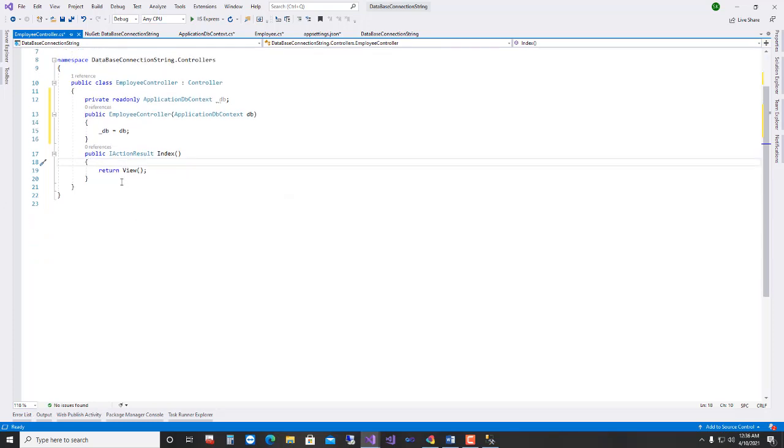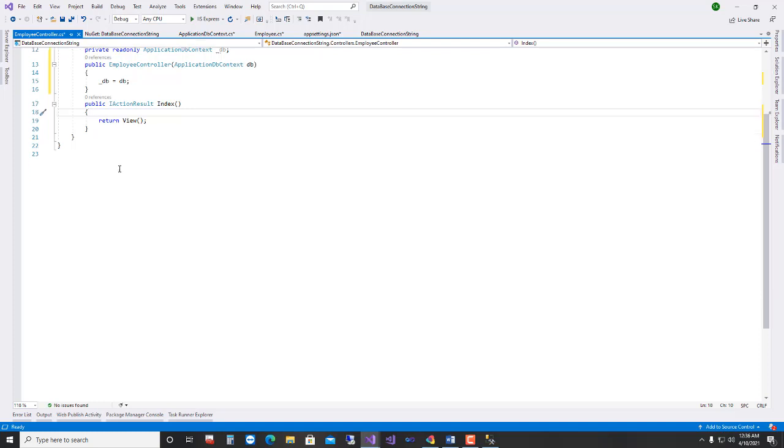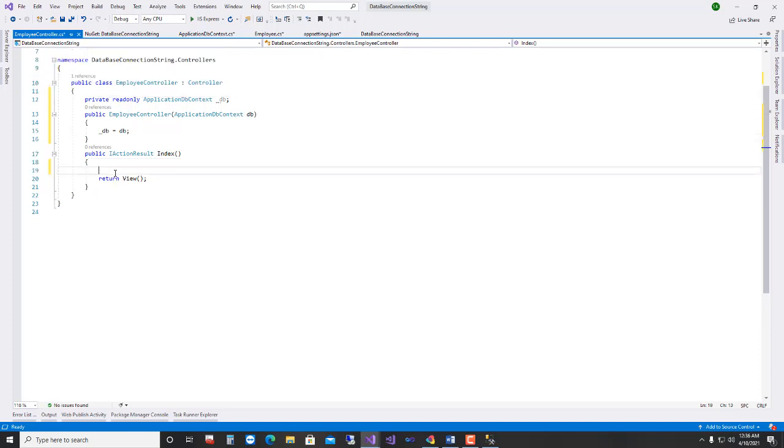Now I will write the code for pulling data from the employee class. So var getData, it's a variable now.